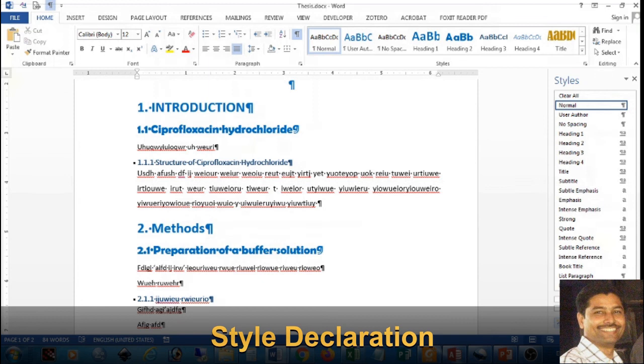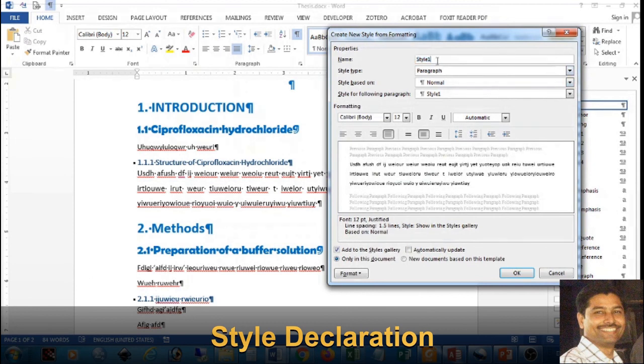let us define a new style. Just as I have taught you before, press new style, and give the name of the new style as user body text. That means the body of the total thesis that we are going to type, we are giving it the name user body text. Its style type will be paragraph. The style will be based on no style, don't give normal. Now whenever we press enter, what will be the following paragraph style? That is also the same, user body text, not anything else. Now keep this okay.